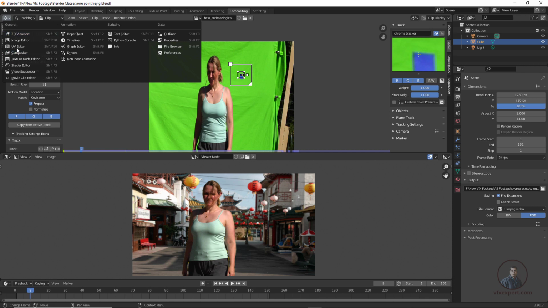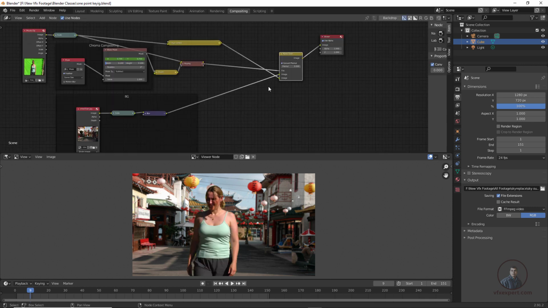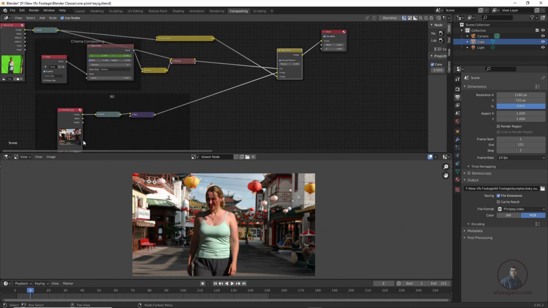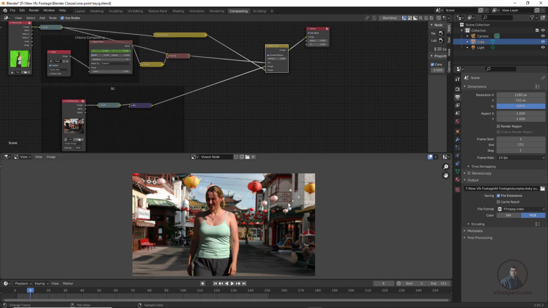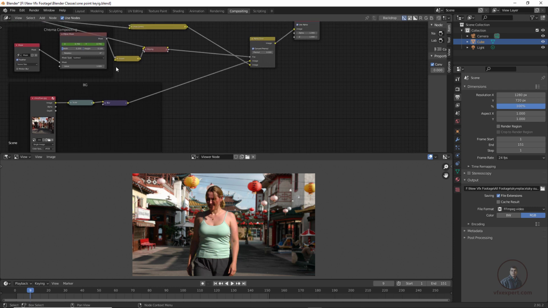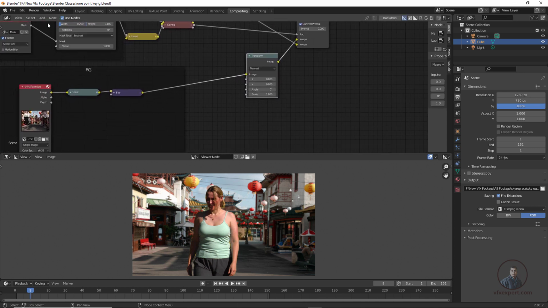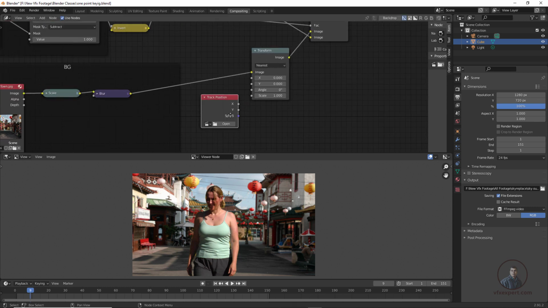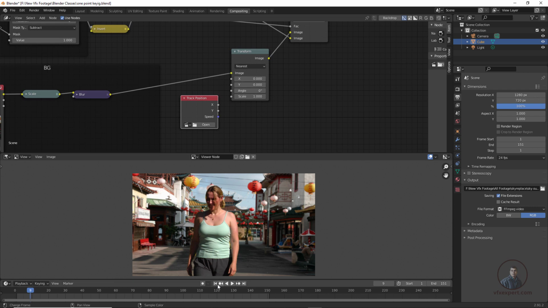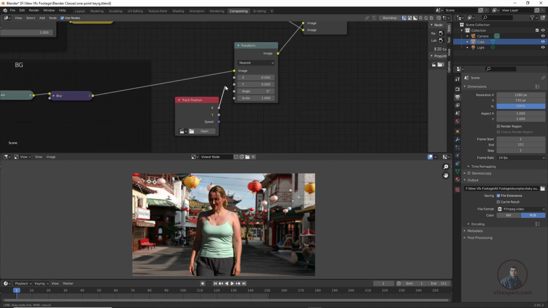Again simply click here and click on this compositor here. Now we have come back here. Because this is our background, after this background we have to use our tracking data for matching both motions. So again, take a Transform, first Distort, then click on this Transform and connect it here. Then we have to use our Track Position node here. Again click on Add Input, Track Position, simply click here. Then again click on this first frame options, then connect x to x, y to y.